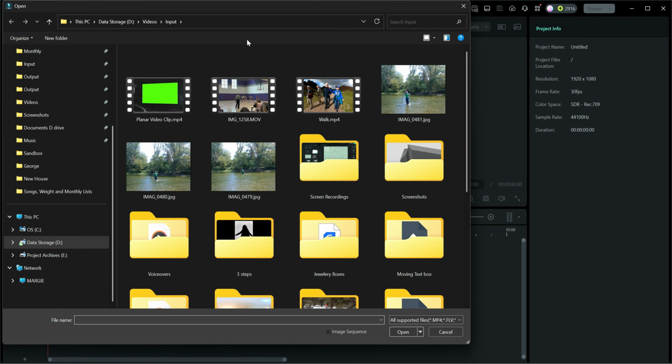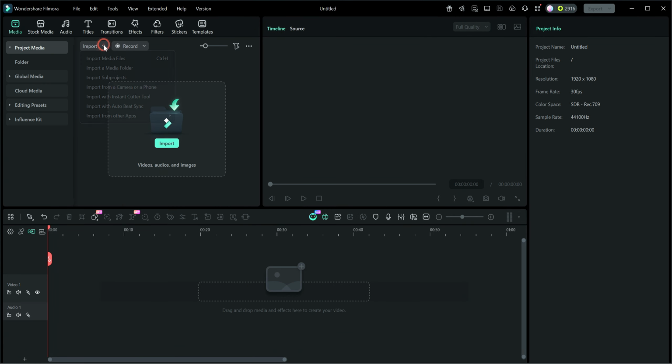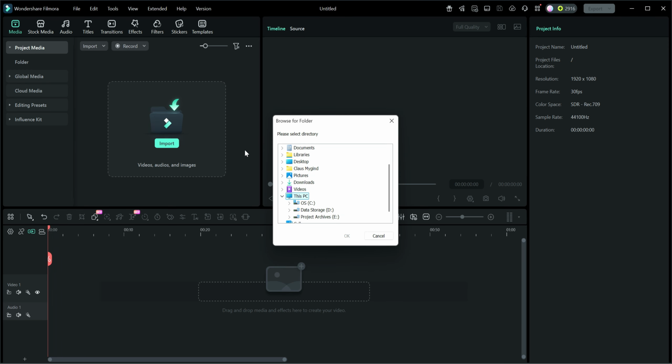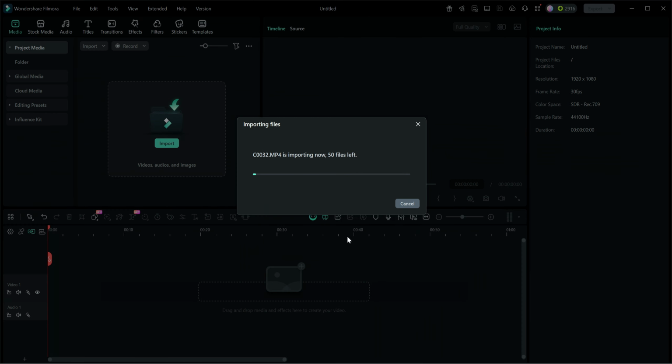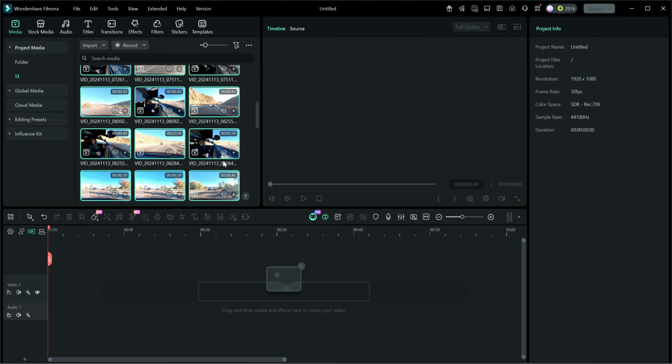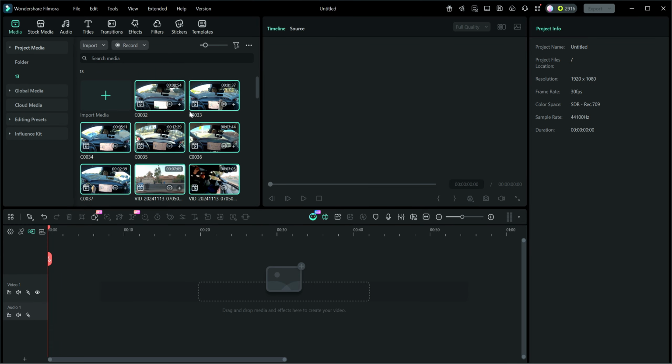Now I'm going to import the media folder. It's here in my videos, input, and we're looking for Arizona, and reframed, and we're going to import this folder right here, which has over 60 gigabytes of data, 50 video clips. Okay, so now we've imported it, and we've ensured that nothing is going to go into